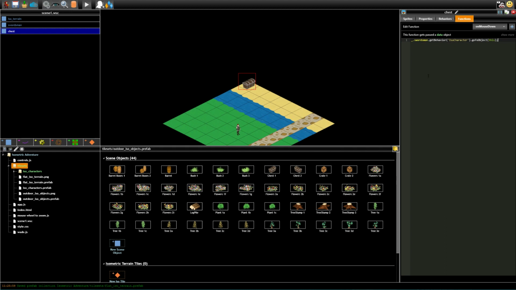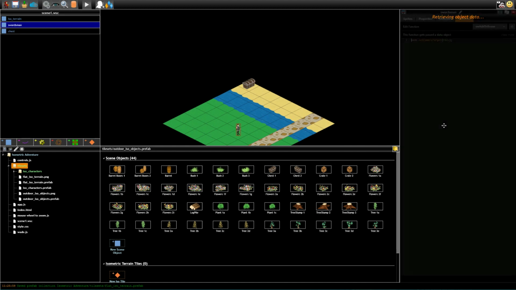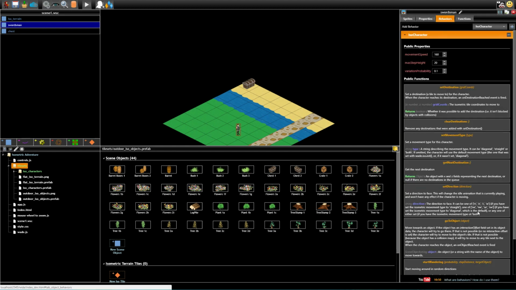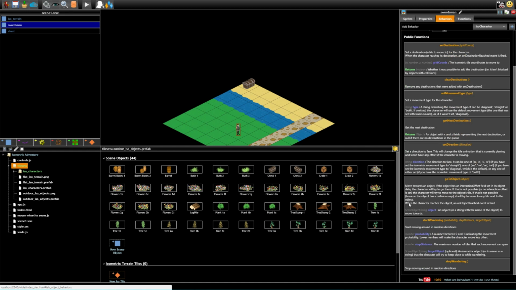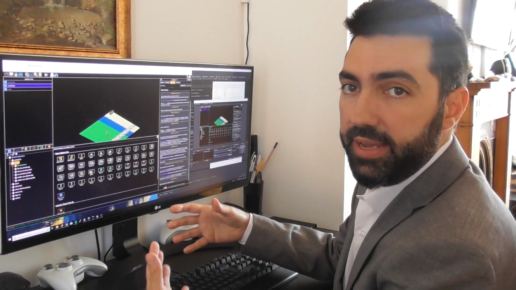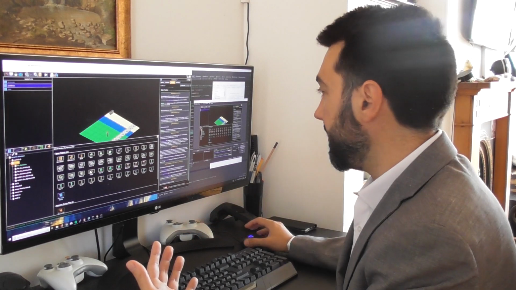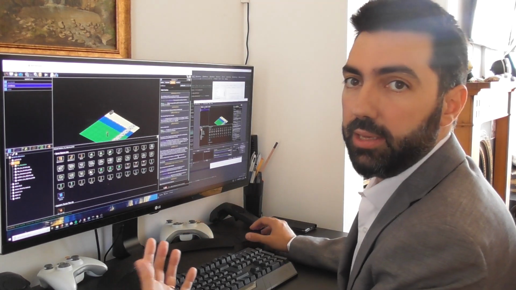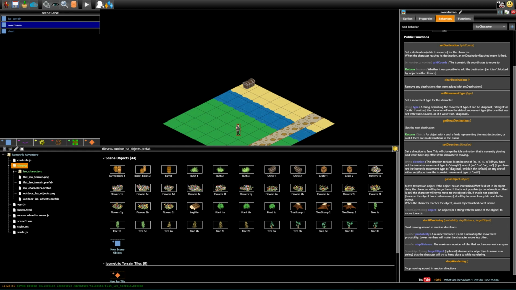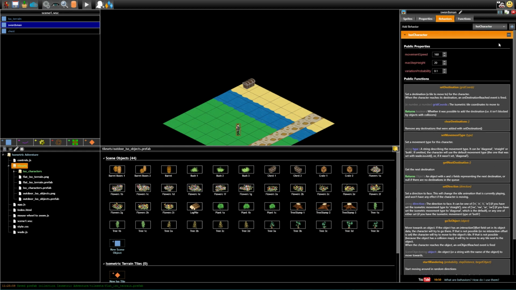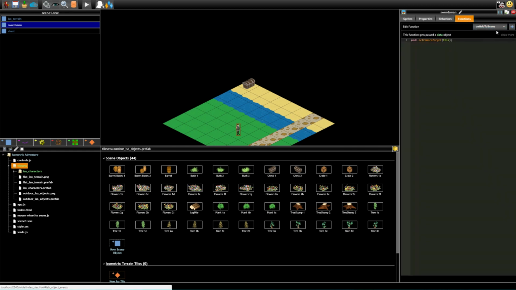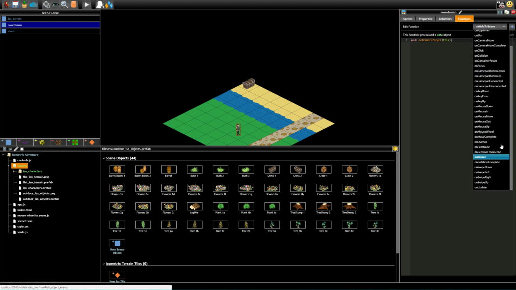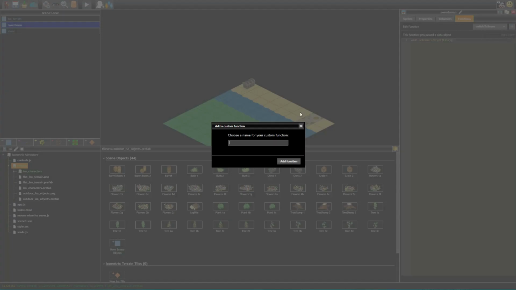But how do we open it? Well, again, if you look in the behavior functions, goToObject has got a description that says when the character reaches the object, an onObjectReached event is fired. All we have to do to intercept this event and to react to this event is add a function with a matching name to this character. So onObjectReached is the function that we want to have. If I go to the functions list, it's not in the list of the predefined functions, but I can add it